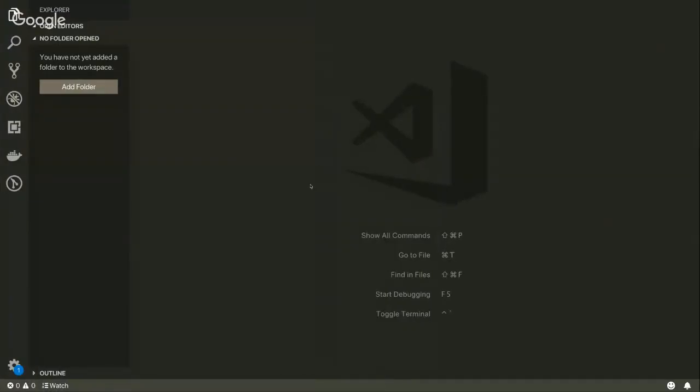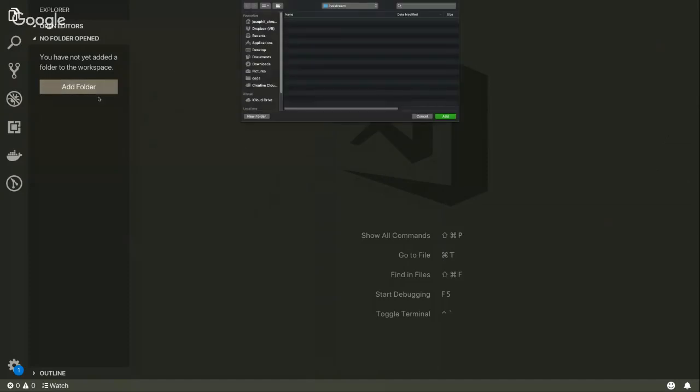I'll start off with an empty window of Visual Studio Code. This is my preferred development environment, but you can basically use any development environment you want. And let's build a new project. So if we go here on the left-hand side, to add folder,